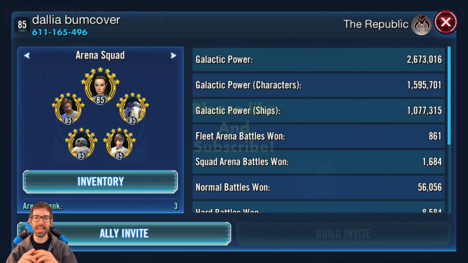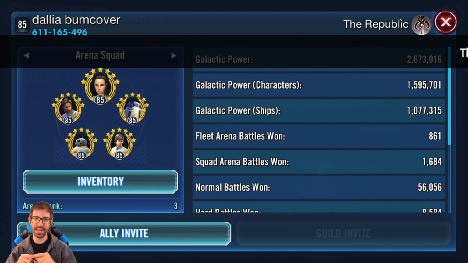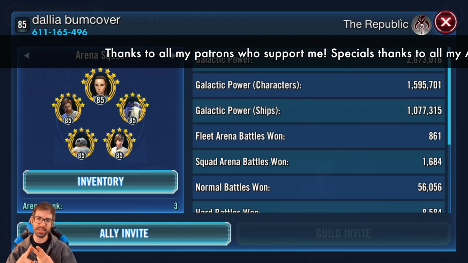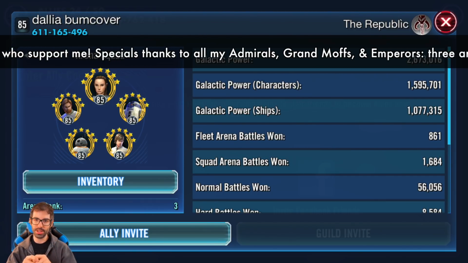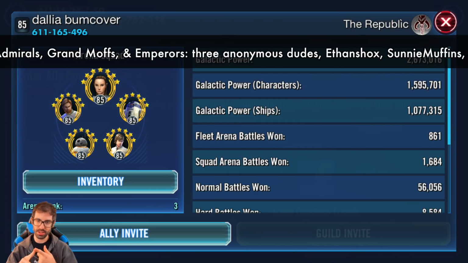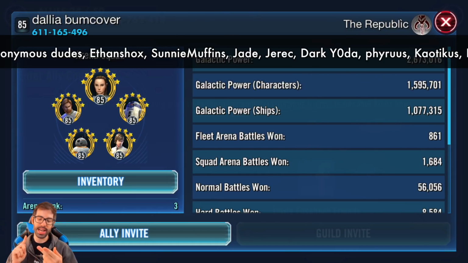We're going to be doing a roster review today, and today we have Dallia bum cover in the hot seat. So he wants to know about Darkside TB, Fleet Arena. He runs Tarkin as his fleet commander, and then he had a few miscellaneous questions, like what should his next Zetas be. He also wanted to ask about crystal budgeting, how he should budget his crystals every day, and lastly,